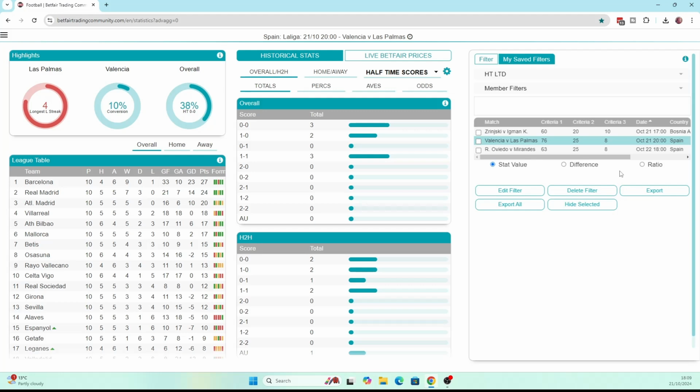Okay, and remember as well, because a lot of people get hung up on the result of one match. This isn't saying, so even here, 25% of the time, Valencia Las Palmas is finishing a draw. So we're saying that, yeah, it will happen. It will happen 25% of the time. So, some people, they see a result and they go, oh, well, it was a draw. This obviously doesn't work. You can't base your judgment of a strategy on one result. And the amount of times I see that, it's quite frustrating because any mathematician, any statistician, any data scientist will tell you that basing your theory off one result is utter nonsense,